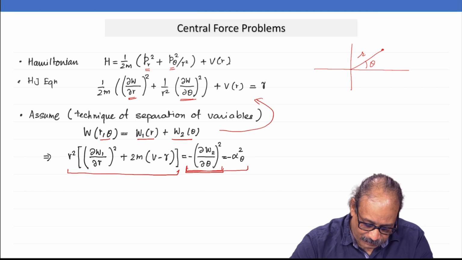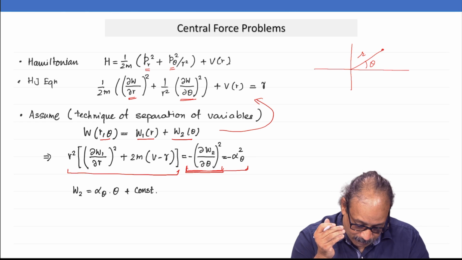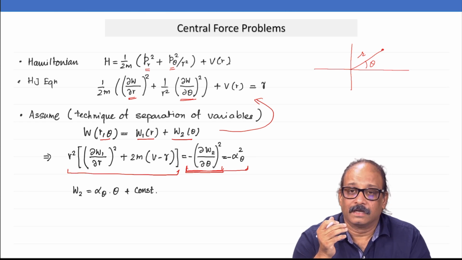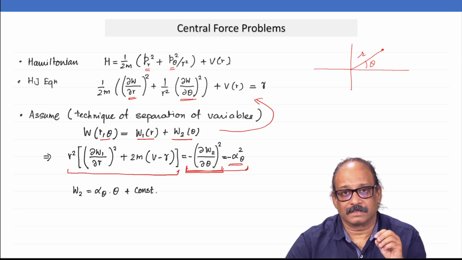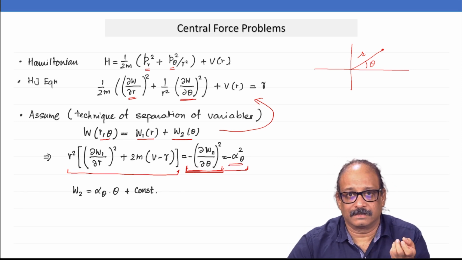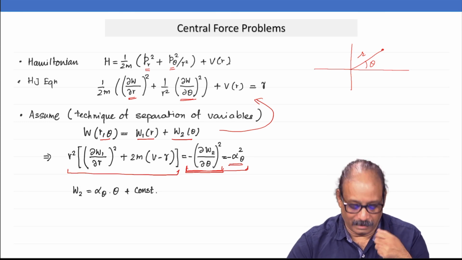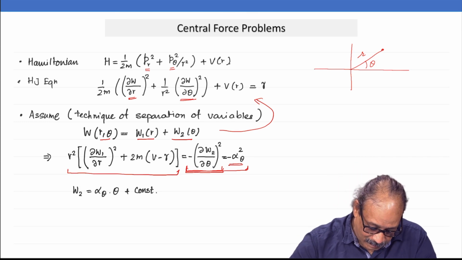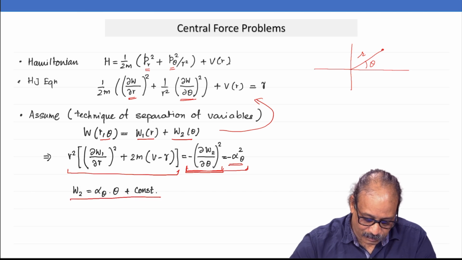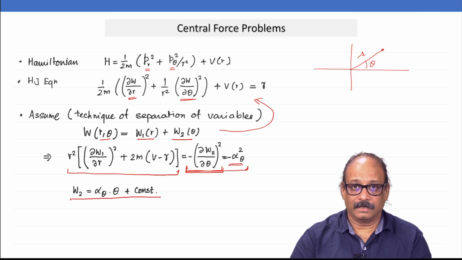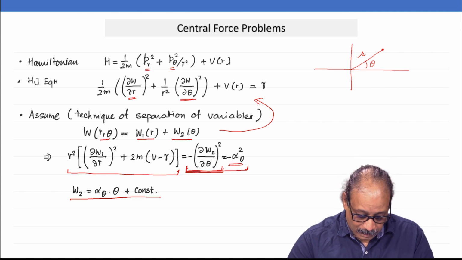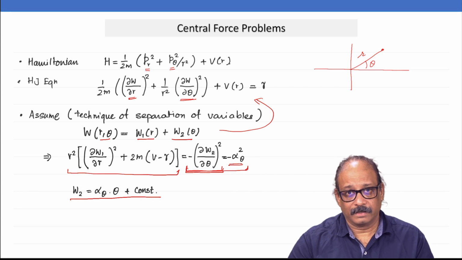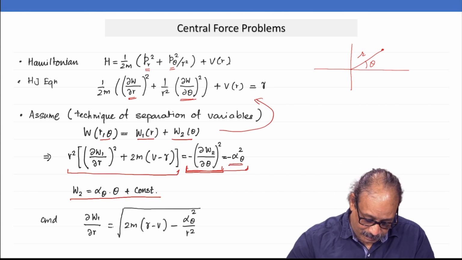This part of the differential equation is very easy to solve. So, W2 is in fact simply equal to alpha theta. So, I am of course going to choose the factor there as minus alpha theta square, because I already know the answers. I can preempt the ease of the calculation. So, in this case W2 will just turn out to be alpha theta into theta plus constant. Can you see that I can do that integration very easily? The second integration for W1, that is slightly harder, but not difficult.